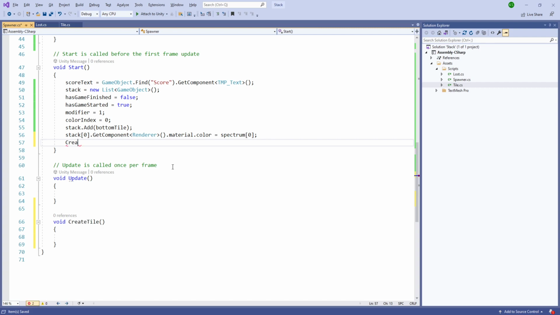Call the create tile function, and similarly add it to the check for whether the game has finished or the game has not started. Let's set up the create tile first. It's almost long but not too much. First thing we'll need is the game object, previous style, and it says the